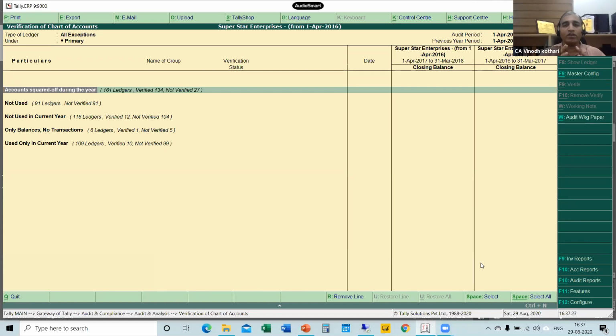Now, normally when you do an audit, what do you do? You prepare a query sheet. In the query sheet, you write certain queries: whenever you do the audit, for this ledger this is the query, for this voucher this is the query, in this company this part is the query. So we prepare a query sheet for the ledger review. All the query sheets can be prepared in Tally itself. You don't need to prepare a separate sheet in Excel and do the auditing part and prepare the query sheet. So how this can be done, that we are going to see.